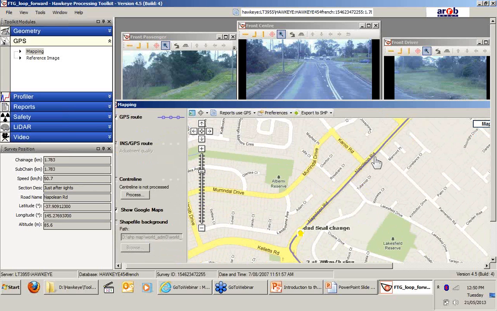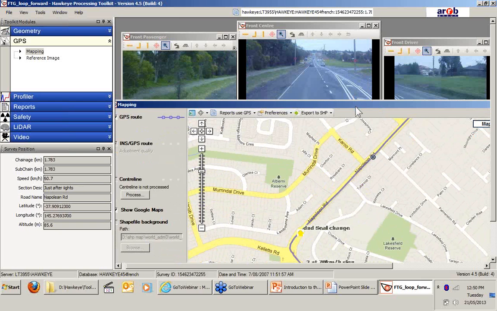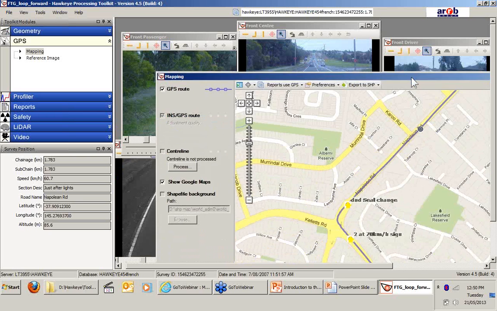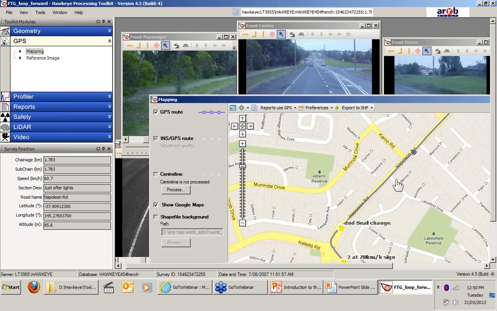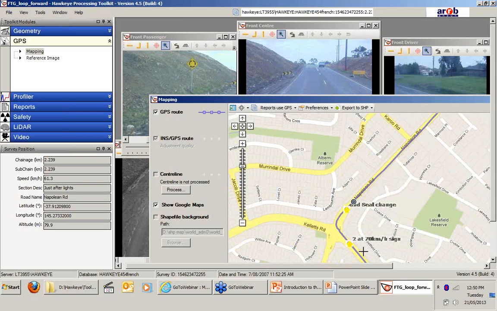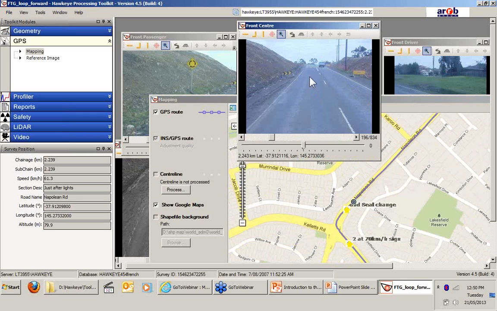So you can just do a single click on the map, and it will actually move your survey location to that position in the map. I've clicked it onto a straight part of the road there, but let's put it onto a corner here, so at least you can see something happening. You can see on that lower part of the map the survey path makes a left-hand turn,